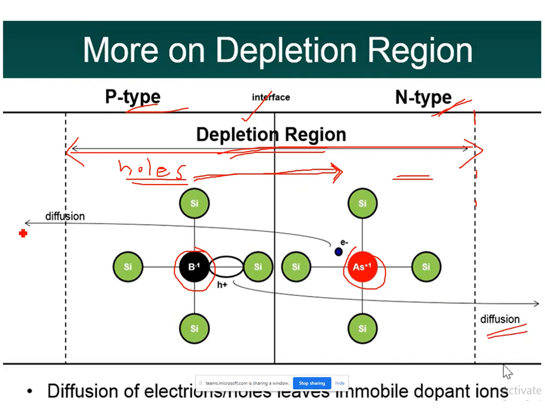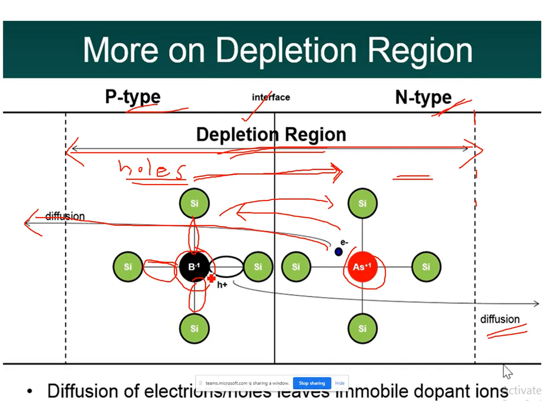Here it is written, it is diffusion, and the same case is with the electrons also. Electrons from the n-type material will try to go to the p-type material. Now what we have seen is that the holes are moving towards the n-type material and the electrons are moving towards the p-type material. But what is happening to this boron atom? It is bonded with the silicon atoms. Nearby we see silicon atoms, and what I'm showing here is nothing but covalent bonds.